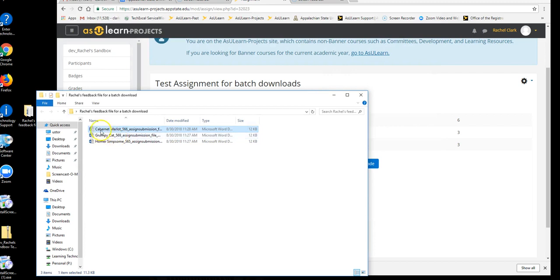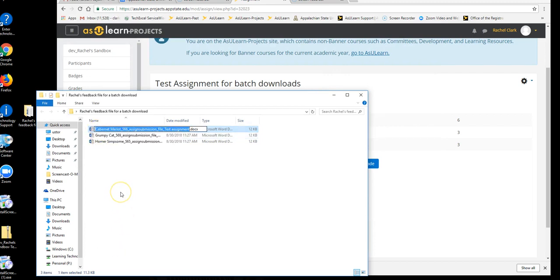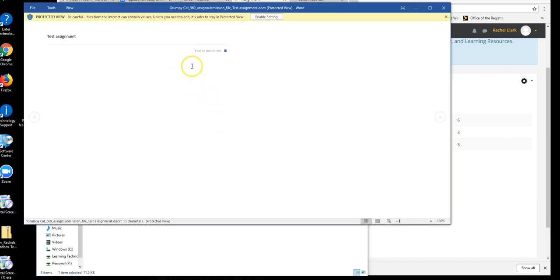Then I'm going to right click on that and rename it. I'm going to add my initials at the beginning so you know how this one is different from the one that came to us in the download. All right, so we're going to open Grumpy Cat and look at his feedback,